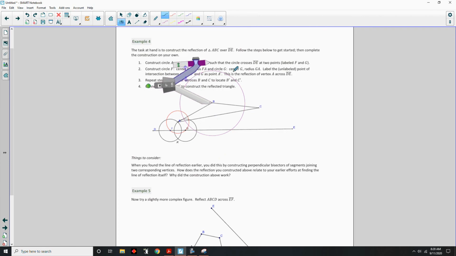Okay. I just created 2 points. So we already used F and G. How about H, I? So there's the points H and I. So we just did that. So you draw a circle so that it crosses the segment twice. Then you put your compass on one of the points. Open it so that the radius is the distance from that point to your pre-image point that you're reflecting,